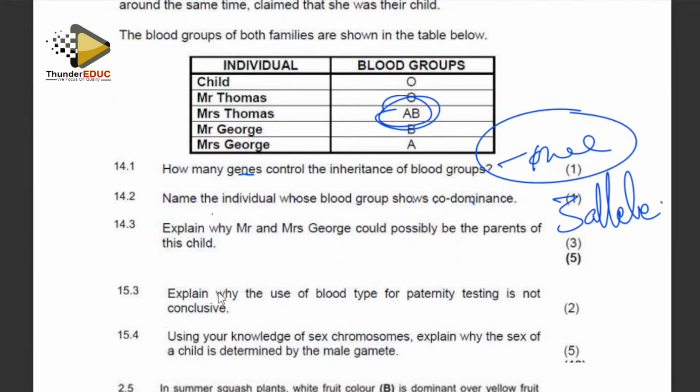Explain why Mr. and Mrs. George could possibly be the parents of this child. Remember, the child is blood group O. So if the child is blood group O, it means that it's like that. And Mr. and Mrs. George,